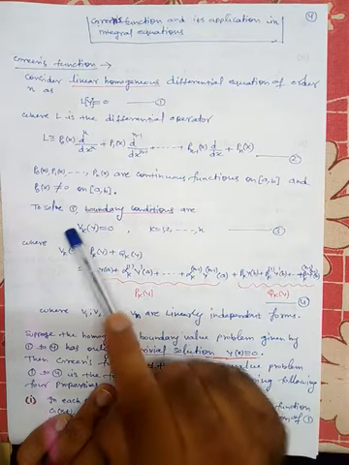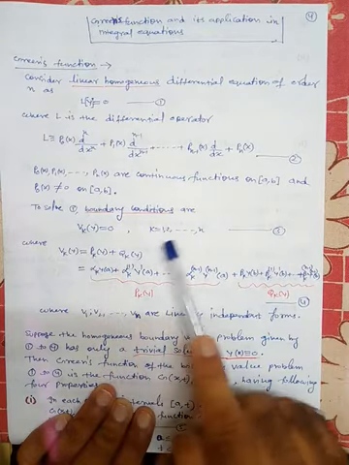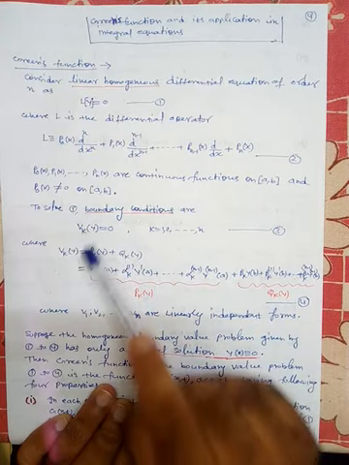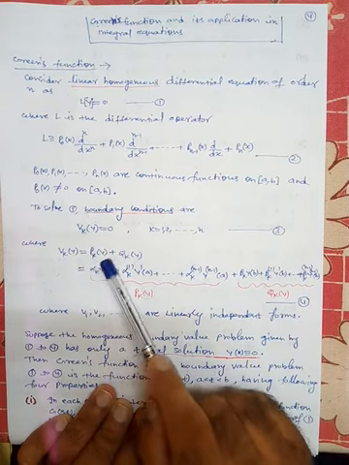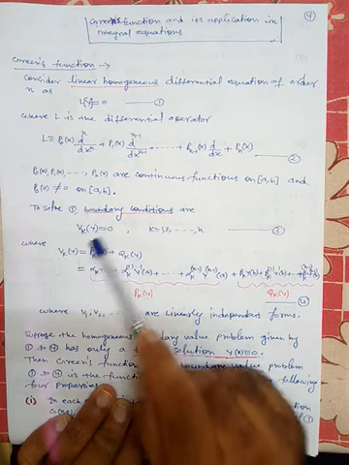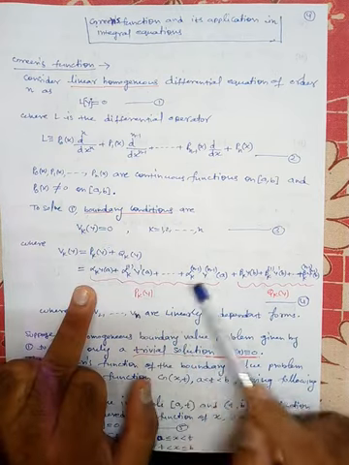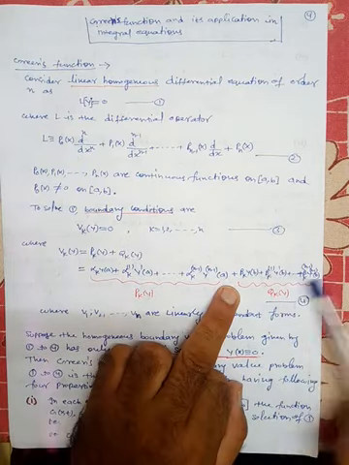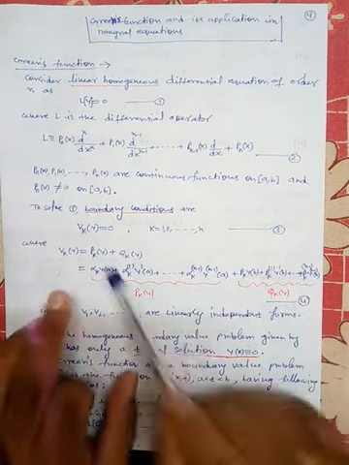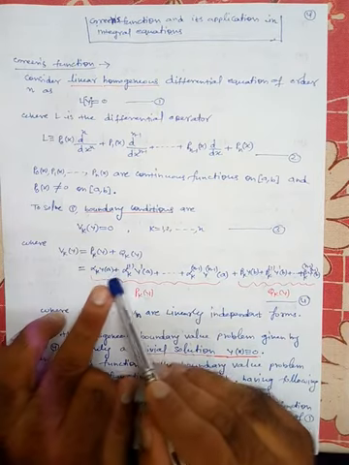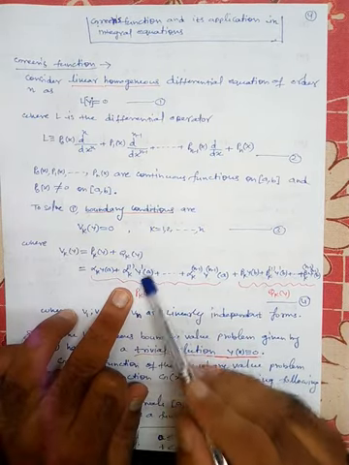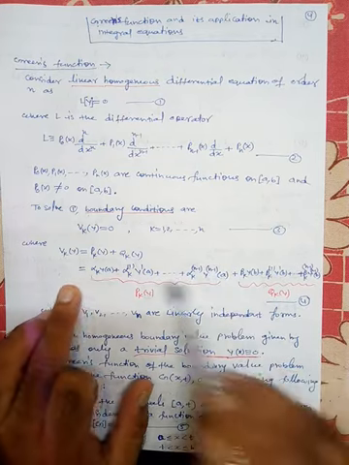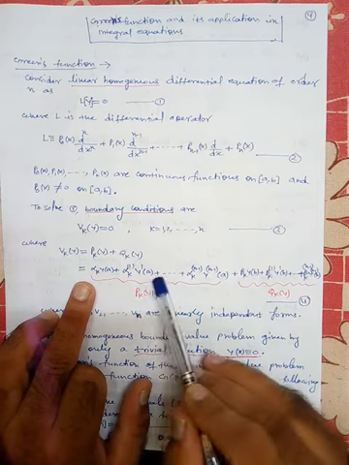So these are the boundary conditions: Vk y = 0, where k is 1 to n. That means these are a total of n conditions. Where Vk y is nothing but the sum of Pk y and Qk y. Pk y is nothing but conditions given at the point a, the left hand point, plus Qk is nothing but the conditions given at the point b. Here Pk is αk y(a) + αk1 y'(a) + and so on, αk,n-1 y^(n-1)(a). So all these conditions are given at the point a.